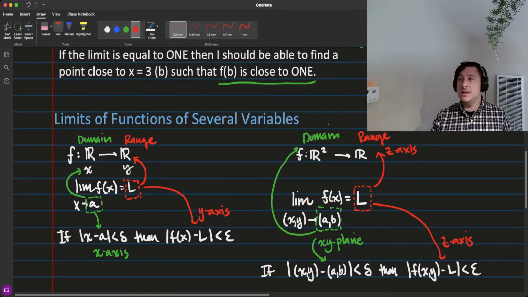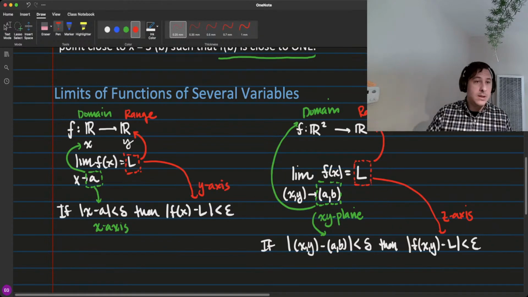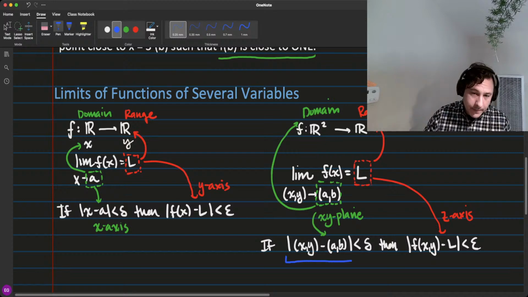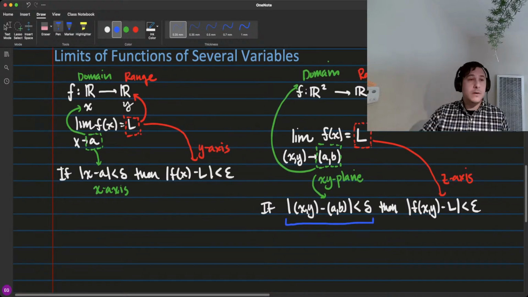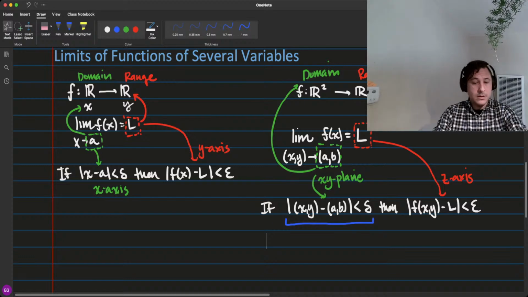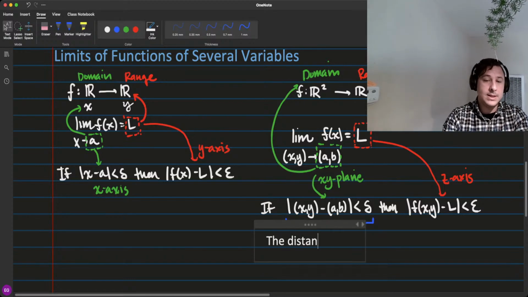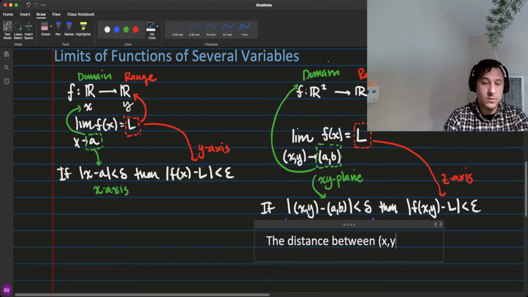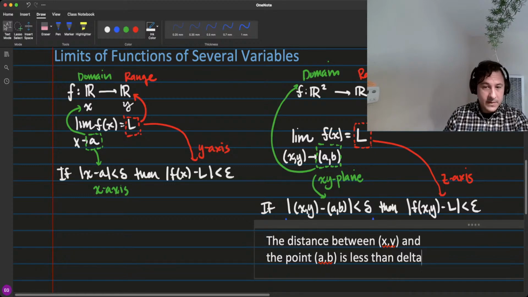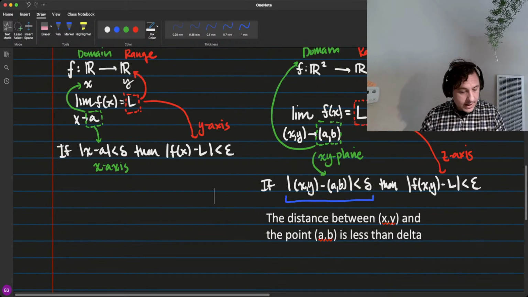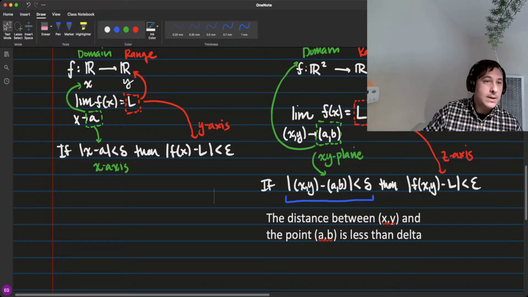Okay, so now what we have to do is we need to talk about what this is right here. Okay, so what this is telling you is that the distance between the point x y and the point a b is less than delta. Okay, this thing here has a special name. It is called,